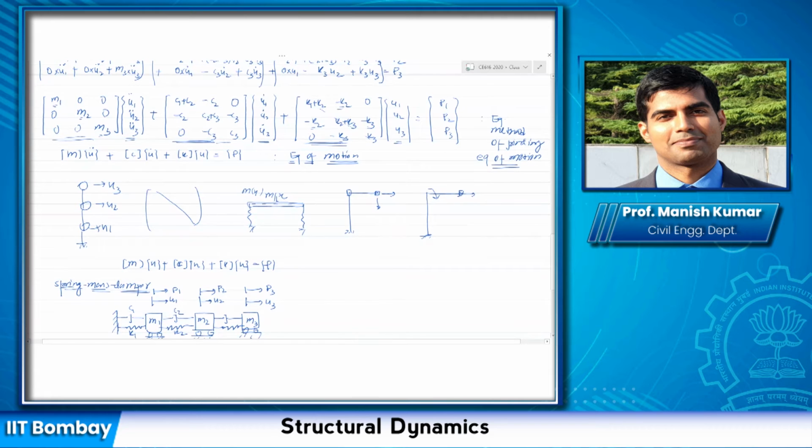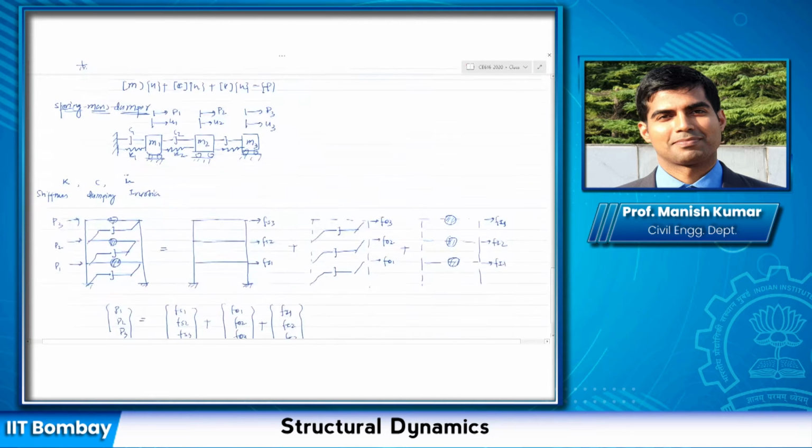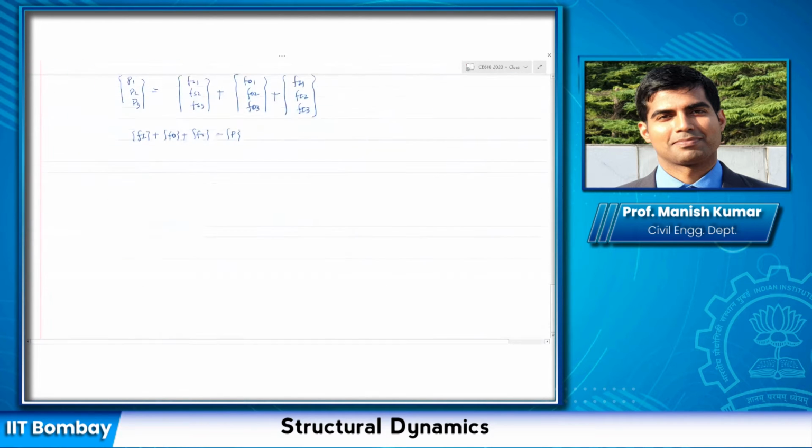But we would also like to have an alternative method in which, although we would utilize equilibrium, we can form the equilibrium equation without having to explicitly write down each equilibrium equation for each degree of freedom system. Let us see how we do that. Okay, basically what do we do?